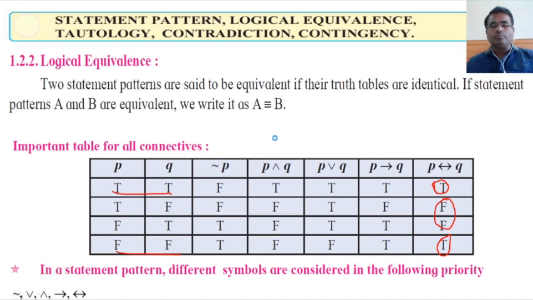Now see, here we are going to consider a simple table that clears the concept of logical equivalence. So P has possible combinations: true, true, false, false. Then Q has possible values: true, false, true, false. Then negation Q is exactly opposite to this. So if Q is true, then it is false. If Q is false, then it is true. If again Q is true, then the resultant is false. If Q is false, then the negation is true. So false, true, false, true are the values.